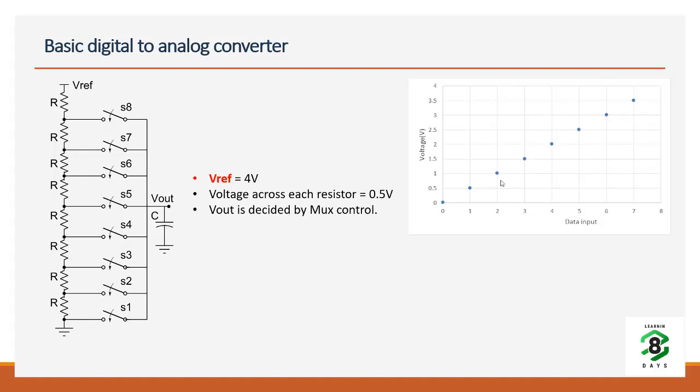If we want more accurate data, then what do you have to do? We have to increase the number of points. So we have to use more resistors so that you get more points. That means your data width becomes more. So if I want to increase the accuracy by a factor of 0.25, then I will take one more point between each of these. So I'll have 1 point over here, 1 point over here, and so on. And for that, I have to use 16 resistors.